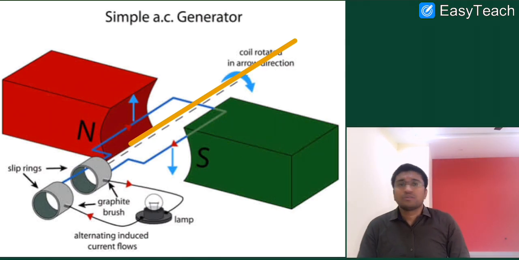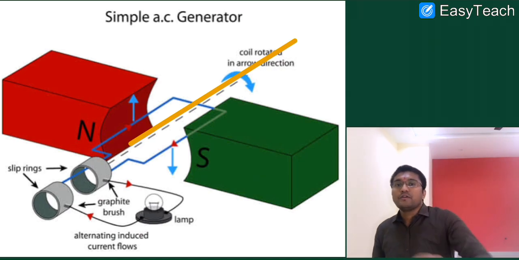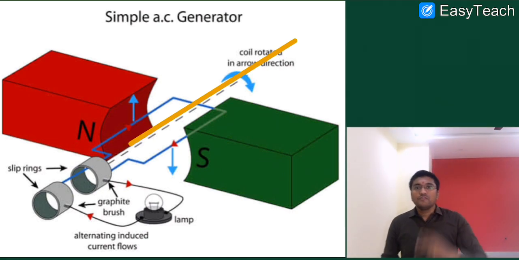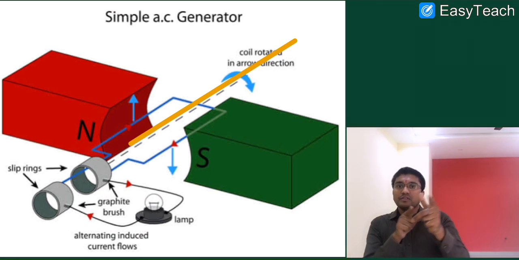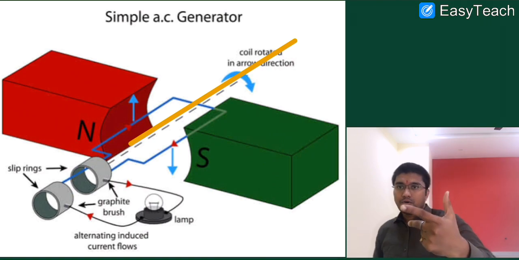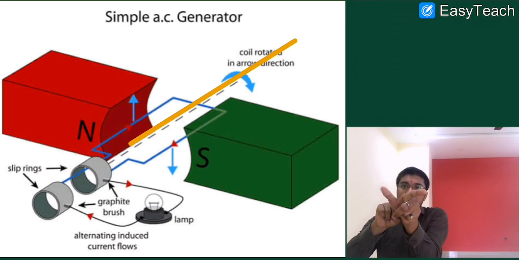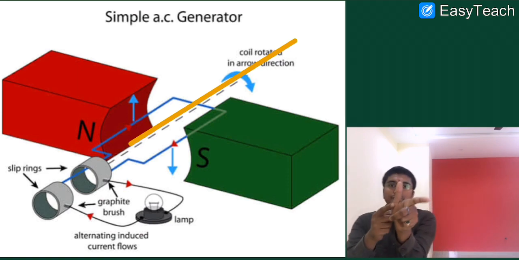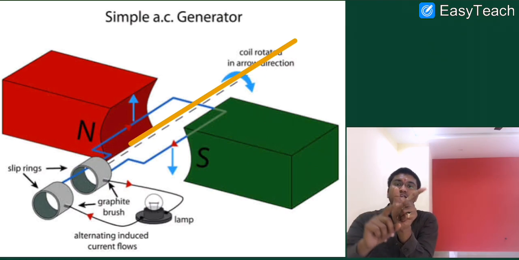First, let's discuss the direction of current, which is very important. To find the direction of current, we use Fleming's right hand rule. According to Fleming's right hand rule, if you stretch your right hand in such a way that the forefinger, thumb and middle finger are perpendicular to each other, the forefinger gives the direction of the magnetic field, as you can see on the screen, and the thumb gives the direction of force, which is upward for the left side of the coil, which is near the north pole. The middle finger, which is pointing toward your side, will give the direction of the induced current.